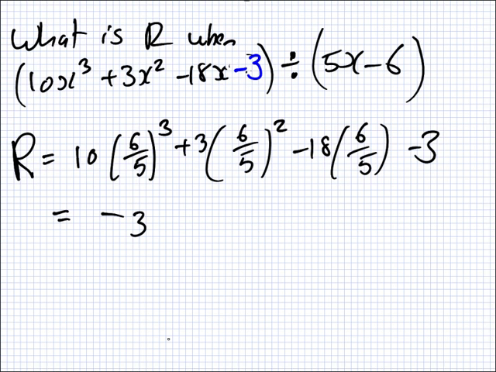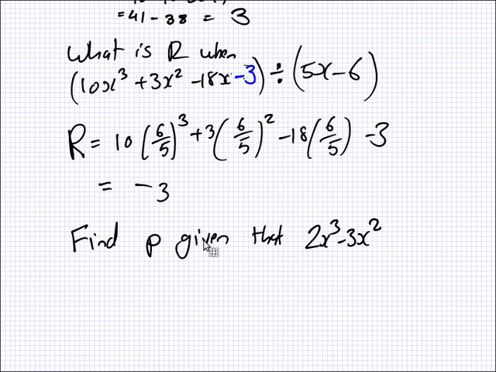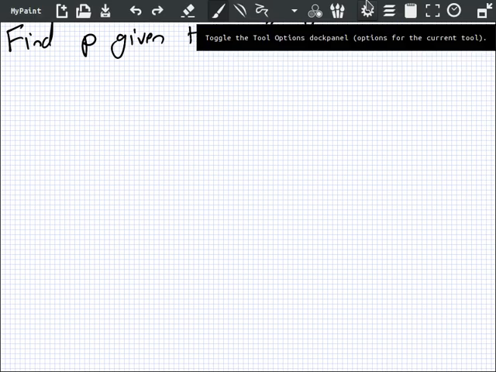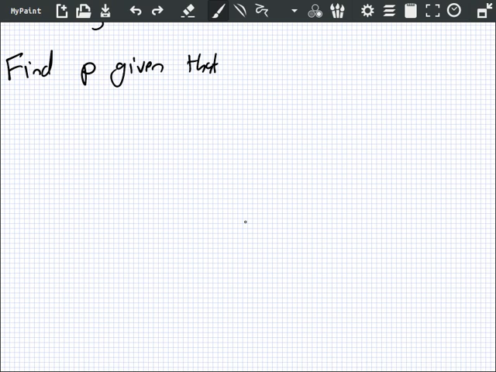I'm going to say, find p given that 2x cubed minus 3x squared plus 8x plus p... No, sorry, I don't like it already. Find p given that